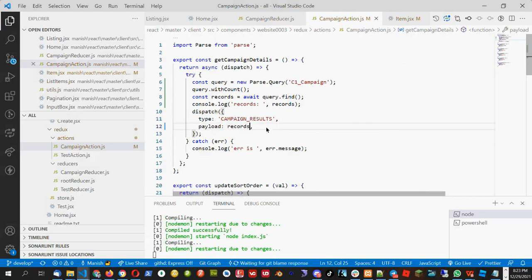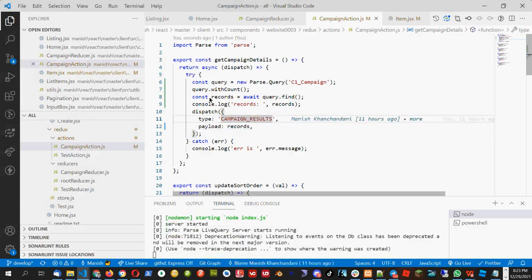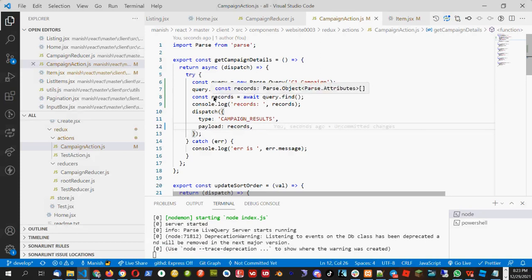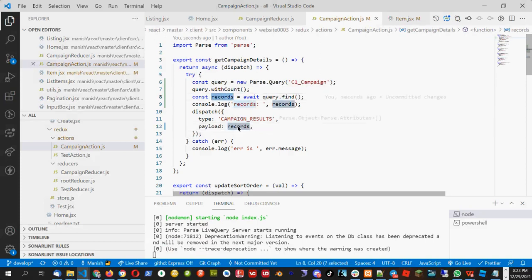But directly passing records will also work. Kate has done that, so it is right. But no need to do that in this case because anyway this variable will go away after this, so no need to destructure it. We do destructuring if we need to keep this variable, but here it's okay to directly give it the answer.